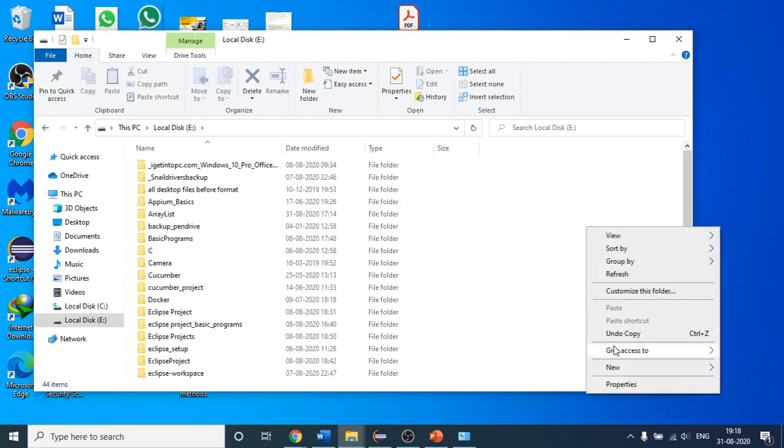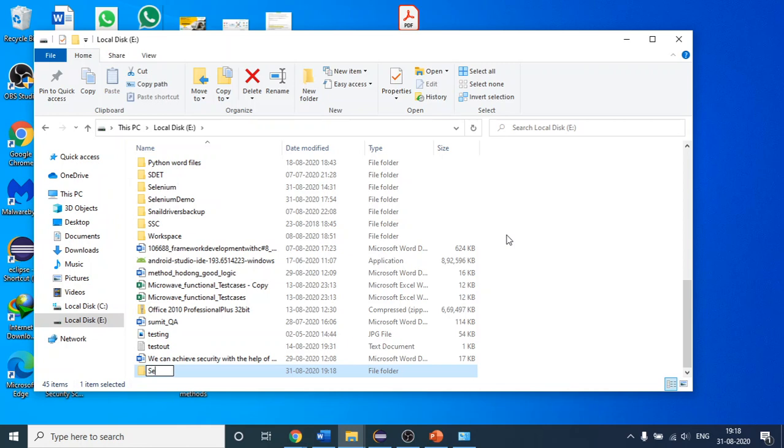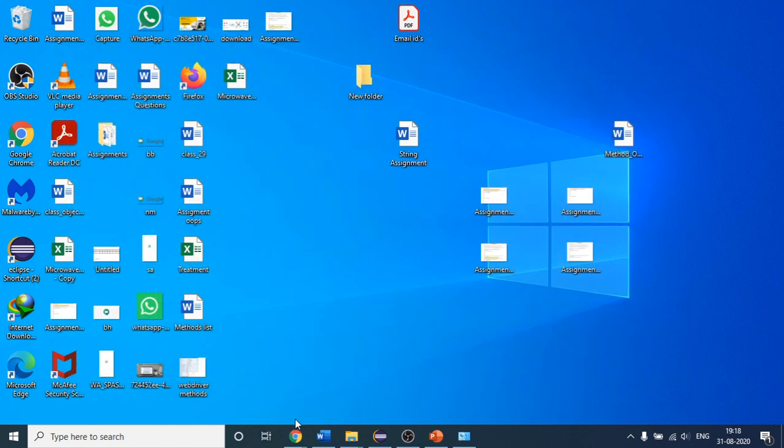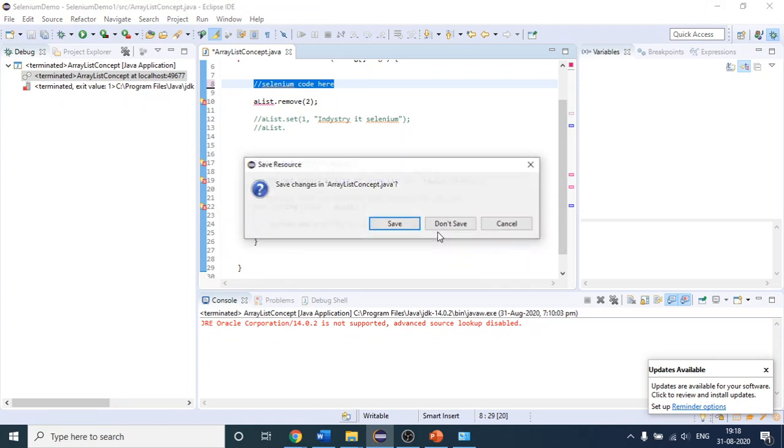The folder name should be, let us give it, Selenium Java. This is the folder where I will create my project in Eclipse, so Selenium Java is my project.